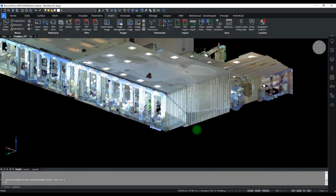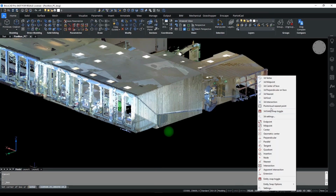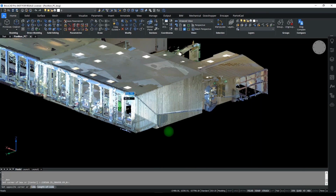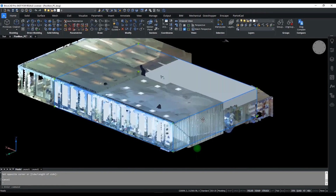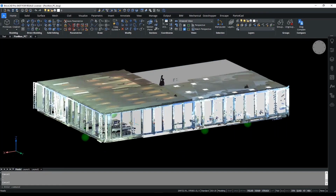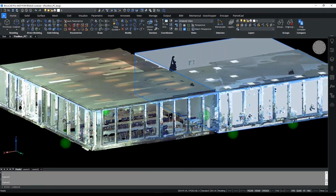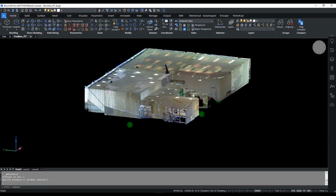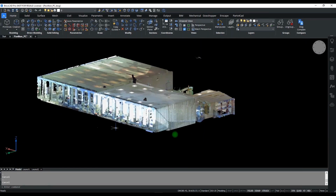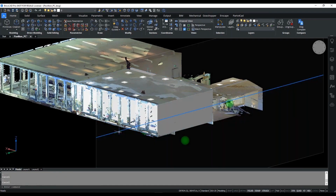So now with this floor over here, I'd like to start modeling this part of the building if you want to. So I'll make sure this snap is turned on to point clouds, and I'll just quickly snap against the point clouds to make a box. And if you make a mistake like I did, because BricsCAD is such a powerful 3D tool and it's easy for you to manipulate the solids, you can always adjust them however you want. So let me just snap them back. And over here, there you have it, a volume of box to represent the point cloud model for that part